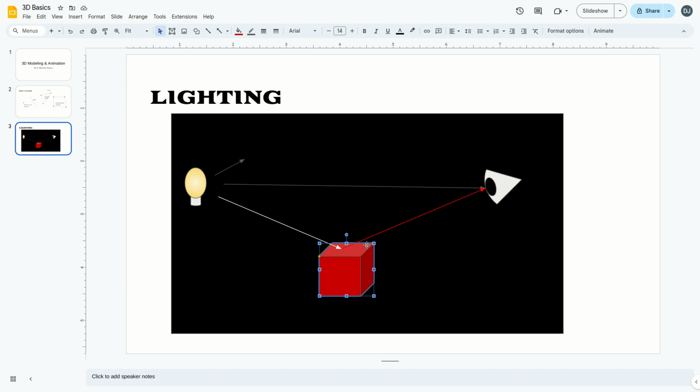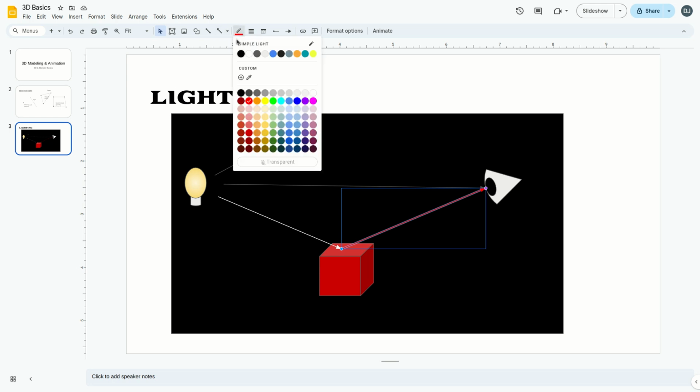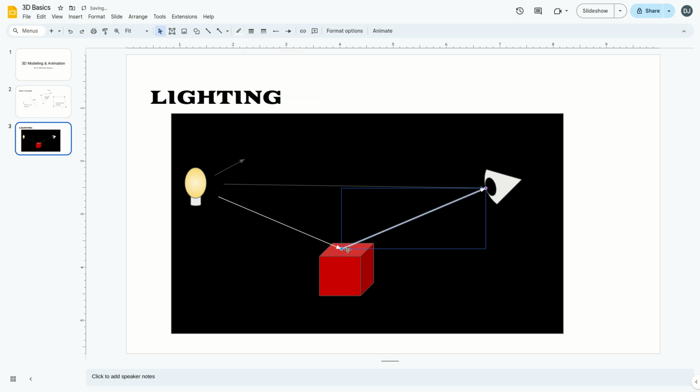So diffusion means it's been modified by the material. Then we have reflection, which is not modified by the material. So what we end up having is more like this will still be white if we have a shiny surface. And then we end up getting a whole lot of smaller, less intense